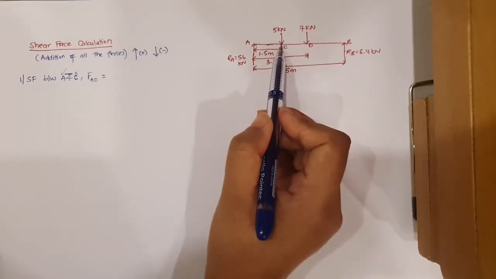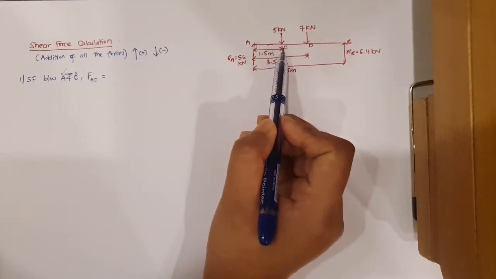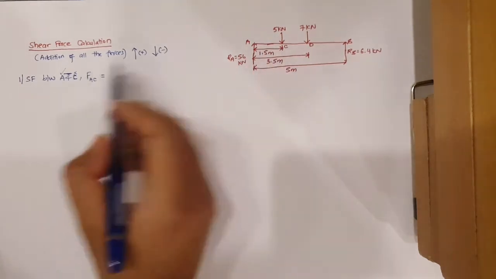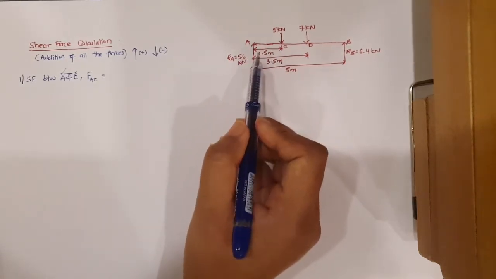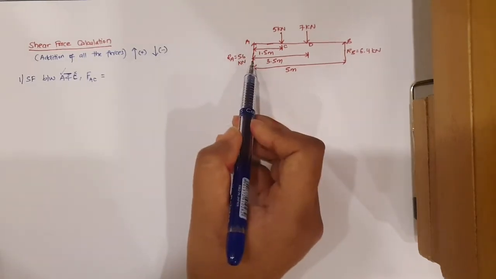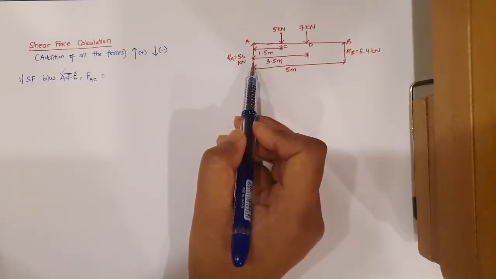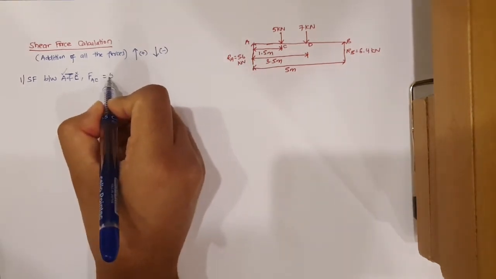तो अभी यहाँ पर क्या है, C के ऊपर 5 kilonewton लोड लग रहा है, तो we will not take this 5 kilonewton load which is coming on top of this C. So what do we have? We have from here to here the addition of forces will be, first force is reaction RA. So reaction RA is going from bottom to top, so this becomes plus. So we have plus RA,